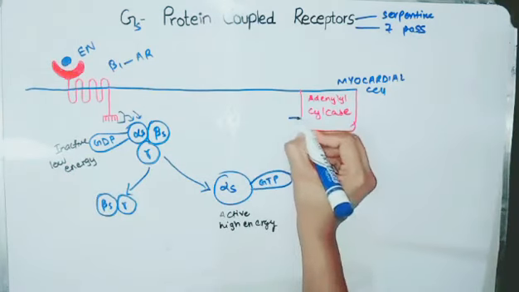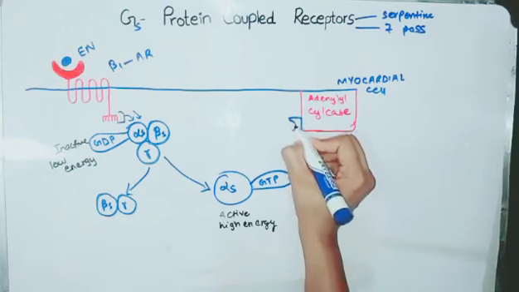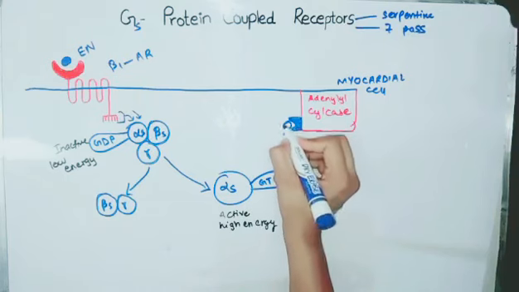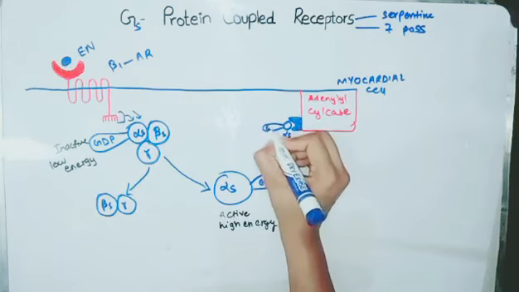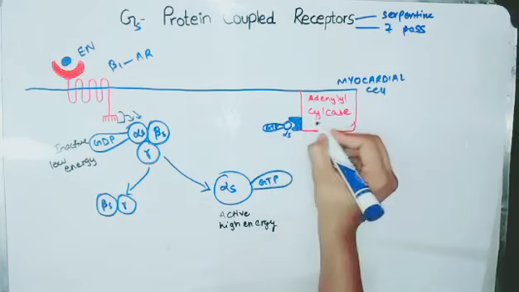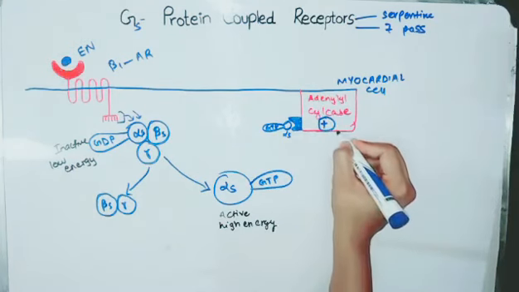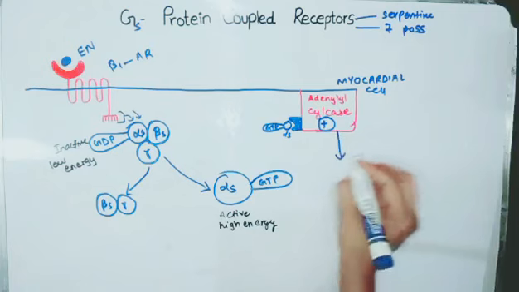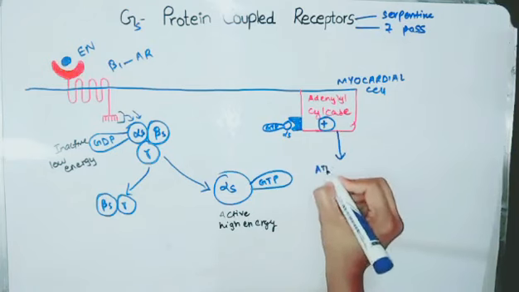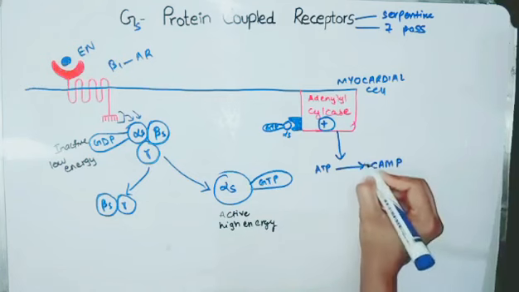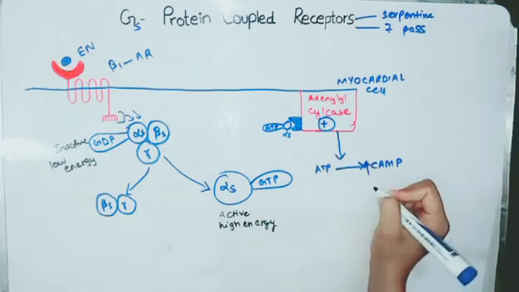So this alpha subunit will come here and it will basically bind to this site. This is the alpha subunit with its GTP, and it will basically stimulate adenylyl cyclase to convert ATP into cAMP, and in this way our cAMP level has been increased inside the